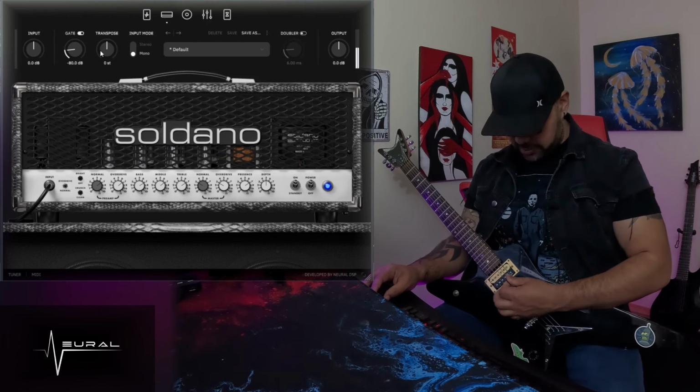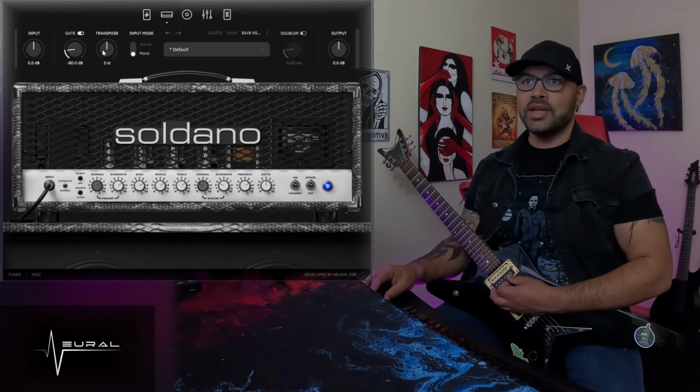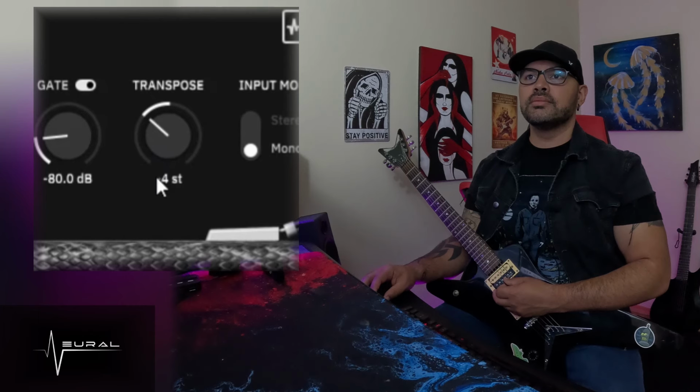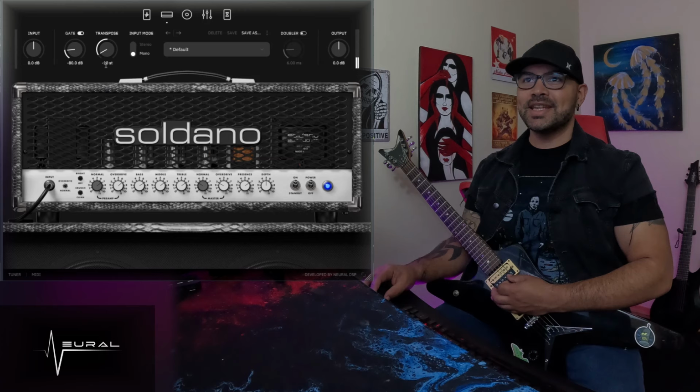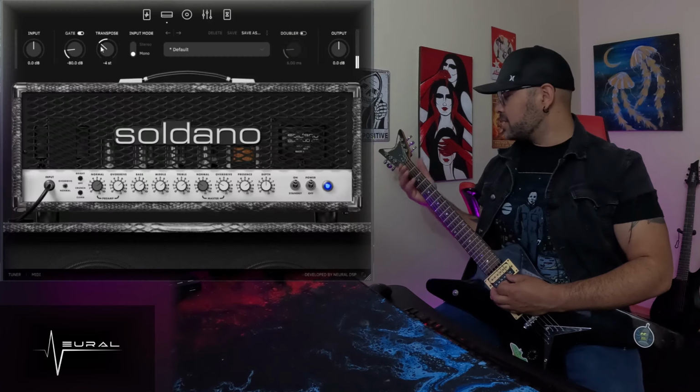So just if you're not familiar with that, it's essentially allows you to change the pitch of your whole guitar by just doing this. Pretty fun stuff. You could go pretty crazy there. What I typically use it for is if I'm too lazy to tune down, I'll tune it down like 4 steps and then,